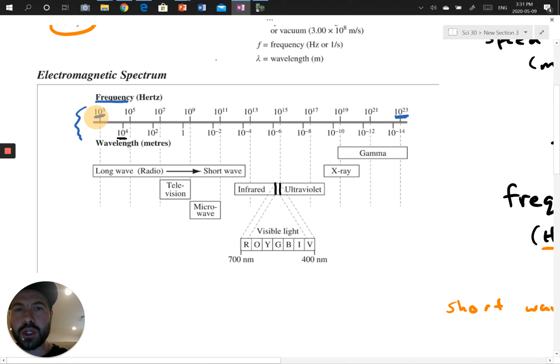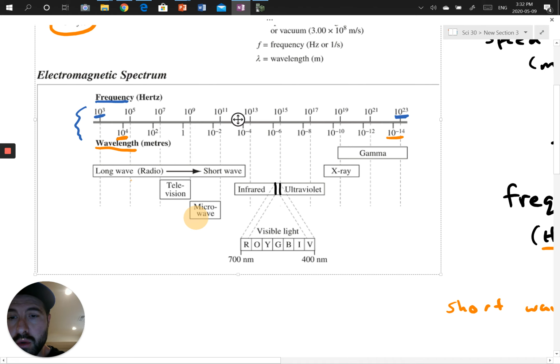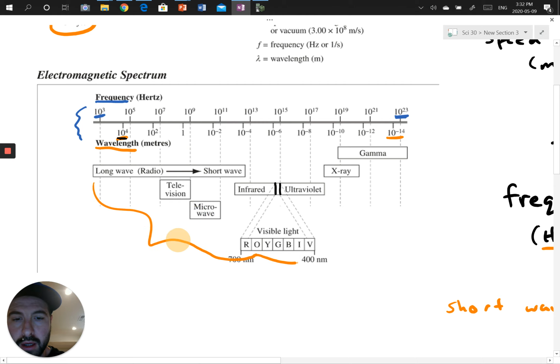And when we look at the bottom of the scale here, we see the wavelength. And the wavelength actually, as you go from left to right, decreases. So I'm going from 10 to the 4, 10,000 meters long of a wave, down to 10 to the negative 14, which is like on the atomic scale, so tiny. So waves that have a really long wave,